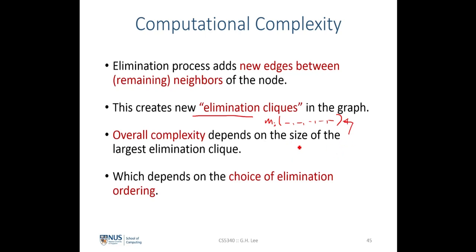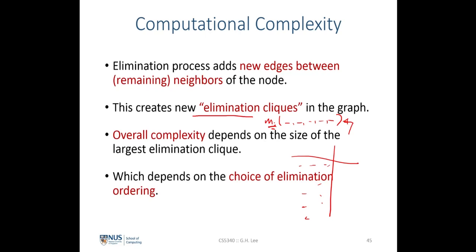What it simply means is that the probability distribution table for the new message over here is going to be enormous, and this will introduce a lot of overall complexity in the subsequent step of the elimination. We would have to loop through every single entry in this huge elimination clique, or huge probability distribution table, after we have eliminated away the random variable xi. And this happens to be extremely sensitive